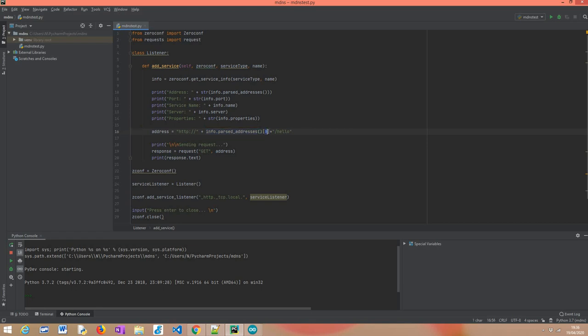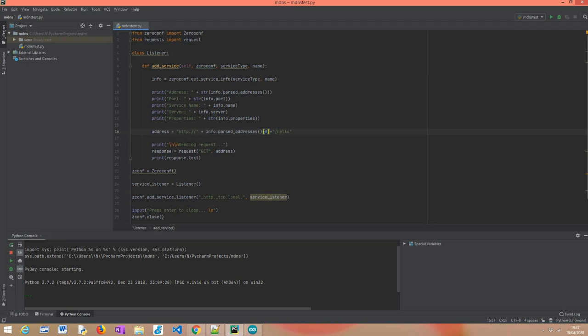that we can obtain from the parsed addresses property. And again, since we know that the ESP32 is just exposing the service over one interface, we just have one IP address, so we want the value from index 0. Then we know that it has a route called /hello, and we are building the URL of the endpoint we want to reach. Obviously, if we did not know beforehand that we are using the default HTTP port, which is port 80, we also have this information in our service information, so we could also put the port if it was something other than 80,